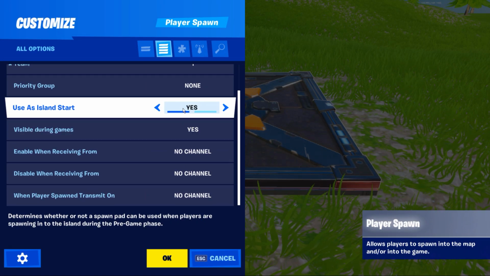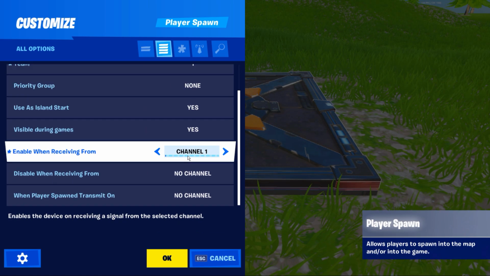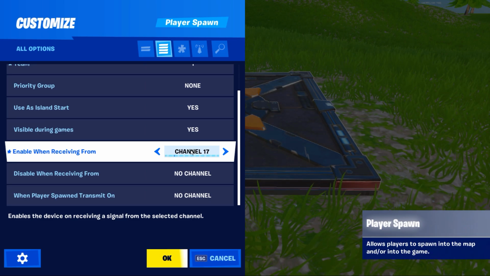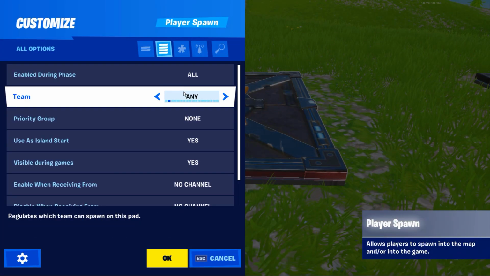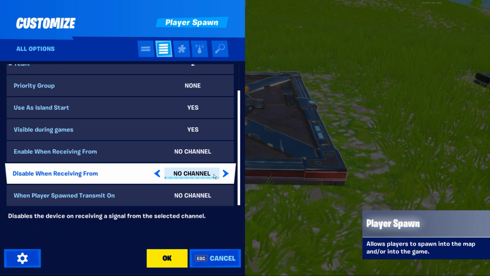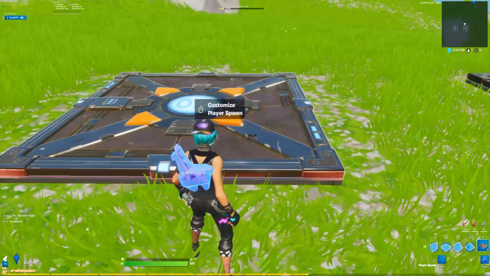Set the first spawn pad down and set it to team 1. Then we need to turn enabled during phase to none, and then go down and set enable when receiving from channel 21 and click OK. Then set up the second spawn pad and set it to team 2. Enable during phase to none, and enable when receiving from channel 22, and repeat this for all teams you want